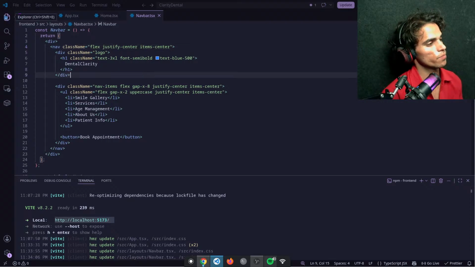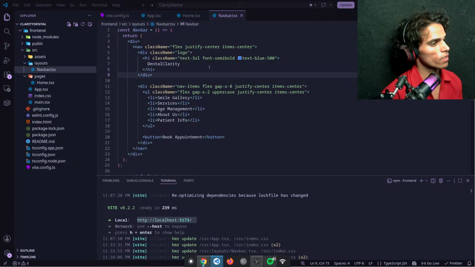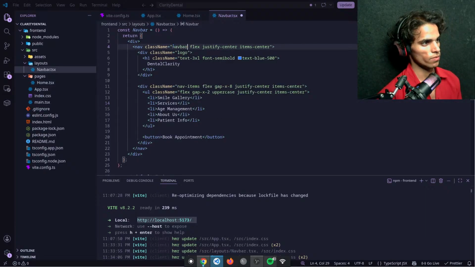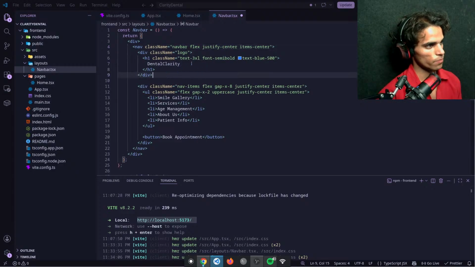And what I will do, rather than applying the same styling inside all these, I will give it the name of navbar, and this is logo inside navbar. Okay, great.